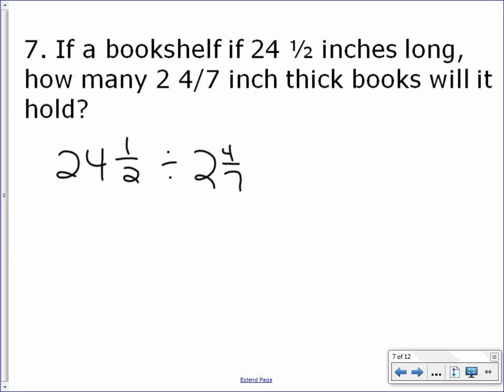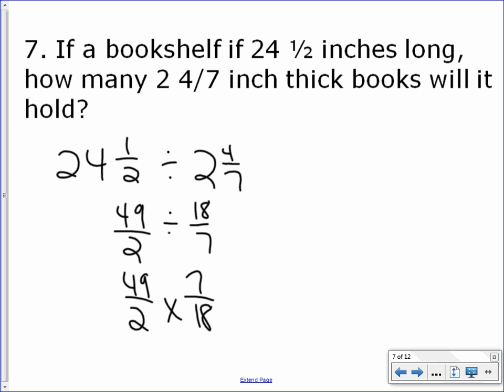So I start with 24 times 2, which is 48, plus 1 is 49. 7 times 4 is 28, plus 4 is 32. Now I keep it, change it, flip it. All right. We cannot cross reduce here, so I'm going to multiply